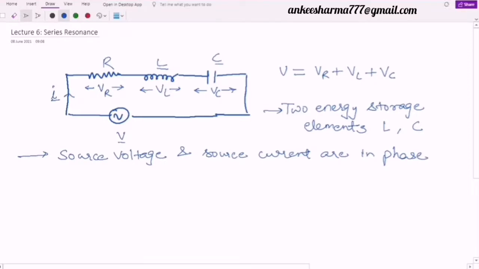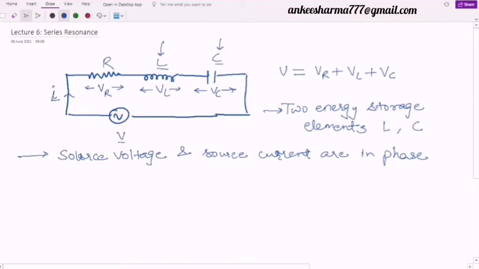But we have studied in earlier lectures that whenever there is an inductor and a capacitor, a phase change will be there. In the case of a pure capacitor, there is a 90-degree phase shift, the current leads the voltage by 90 degrees, whereas in the case of a pure inductor the current lags the voltage by 90 degrees. So when we add all three in series, their combination will result in some phase. But we want resonance, which means at resonance our source voltage and source current are in phase. It means the impact of the inductor and the capacitor must cancel out.